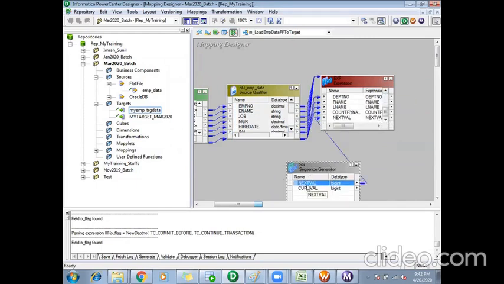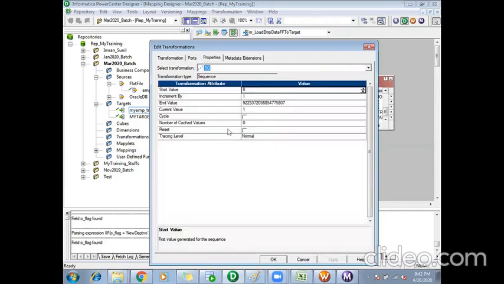I know this NEXTVAL will hold the record count. How the sequences should be generated, I will handle in my sequence generator.